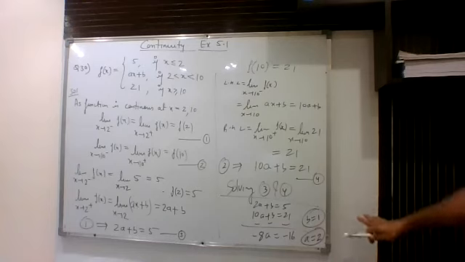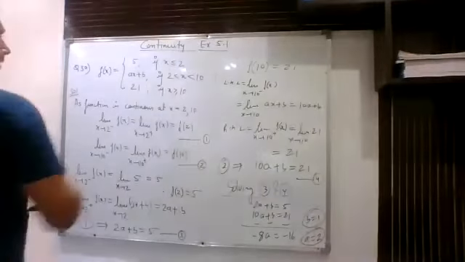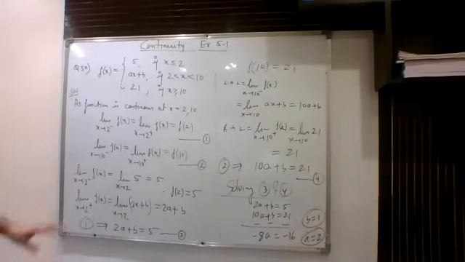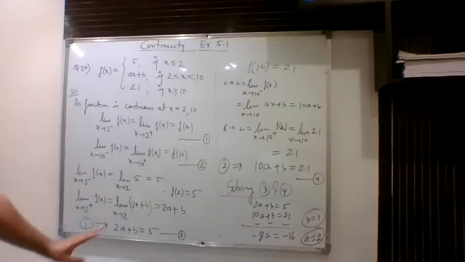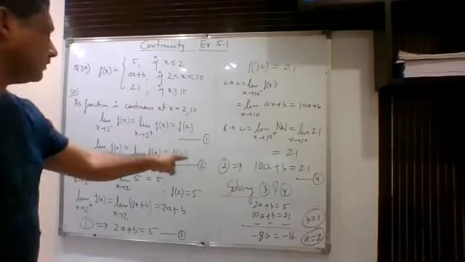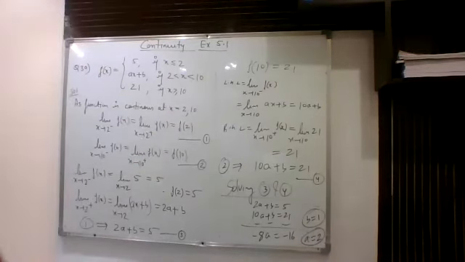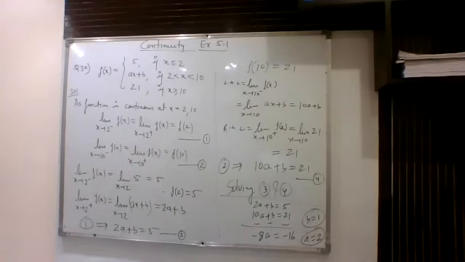So this is how you will do the calculation for this particular question. Let me explain this once again. This was the question. It was given continuous at x equal to 2 as well as 10. So we have written the definition. Now we are finding left hand limit for 2, right hand limit for 2. Then we are equating it. We are getting the first equation. So third I had called. And similarly at 10 also you will solve this. When you solve, you will get another equation. Now we are solving this 3 and 4 simultaneously to get the value of a and b. So finally your answer is coming out to be this one.